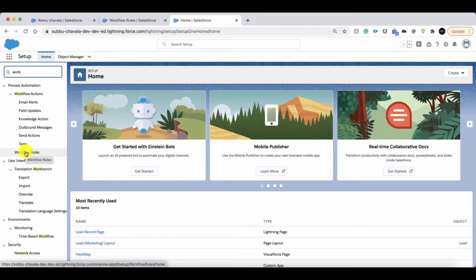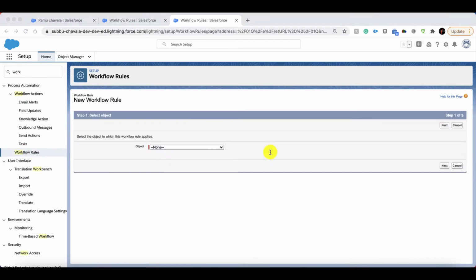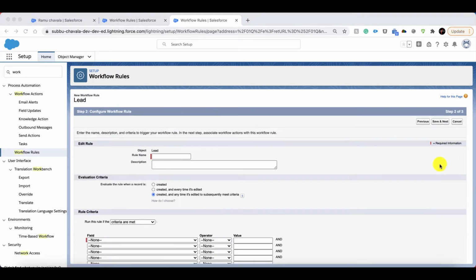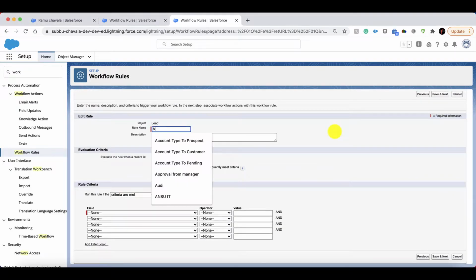Workflow is an admin activity which helps a lot to the developer. With the help of workflows, the developer has no need to write code for small things. So click on this, then click on new rule. Now whatever we perform in Salesforce, we have to do something against an object. So we need to select the required object. On which object do we need to create the task automatically? On lead object. So select lead, click on next, and the rule name I'm going to give automatically